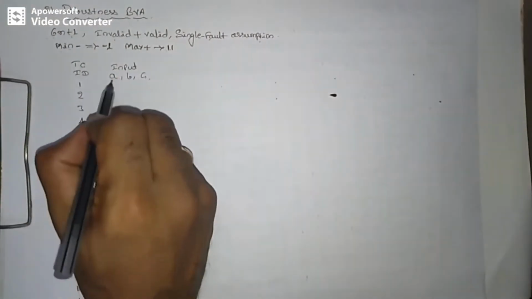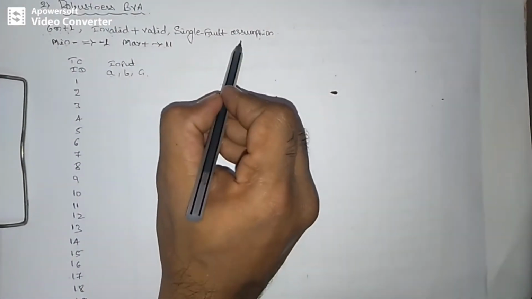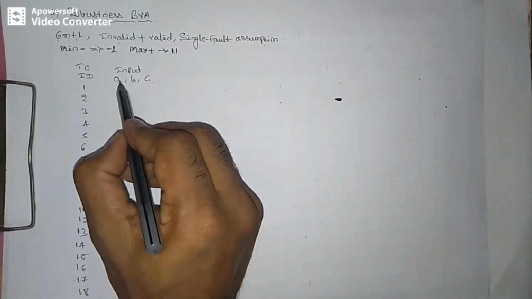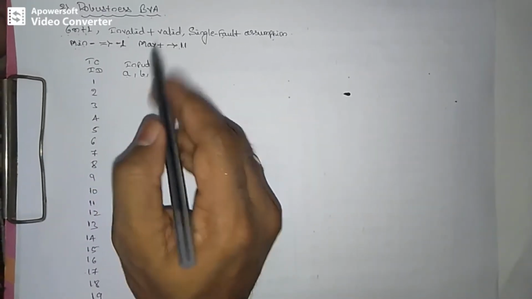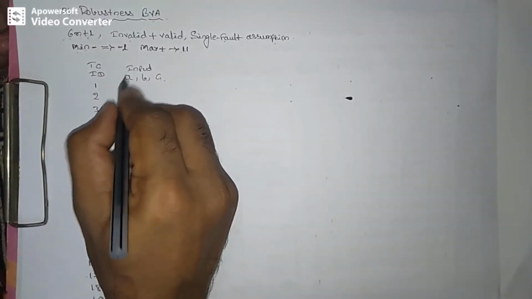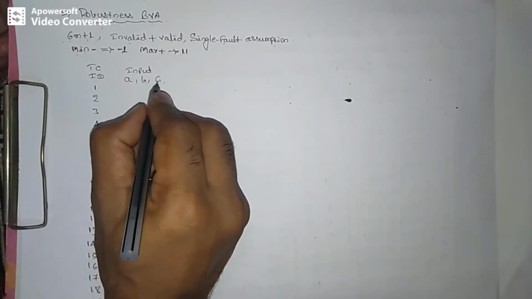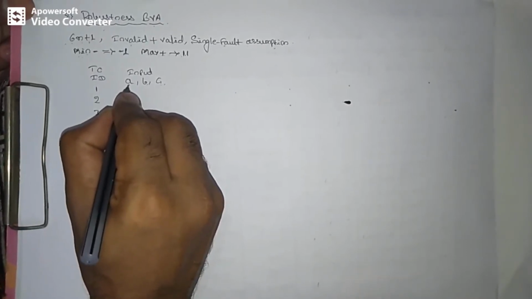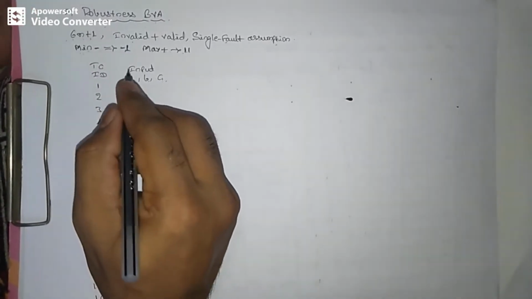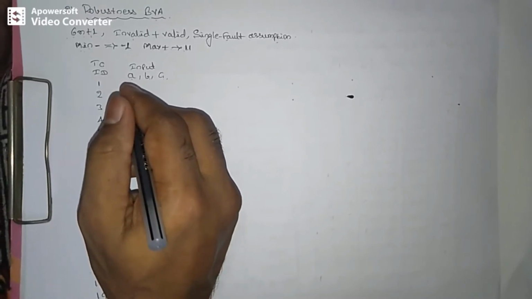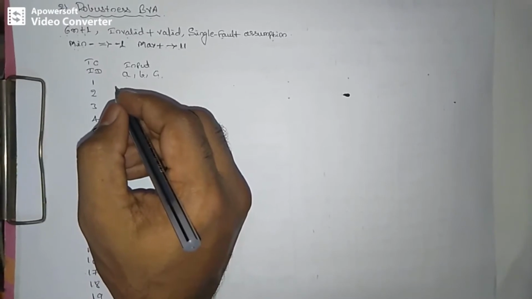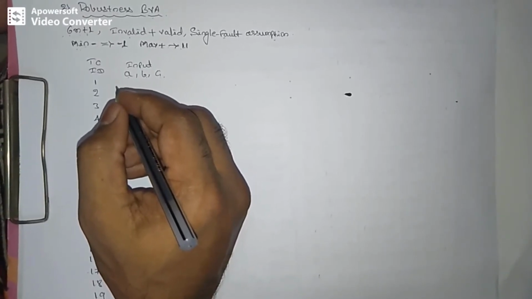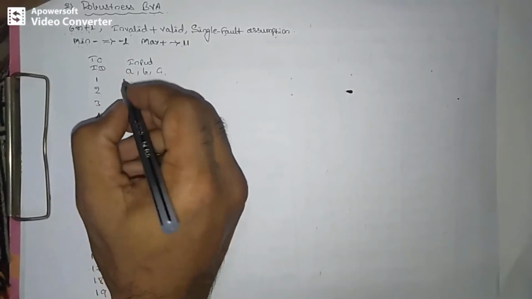Now I will tell how to specify the inputs based on the single fault assumption. One input variable we keep changing with respect to the boundary values, and the other inputs should be nominal. The first term is A. I will change A and keep B and C as nominal for the first iteration. So start with A. You need to specify the input parameter list of A in this order: minimum minus, minimum, minimum plus, nominal, max minus, max and max plus. This is the order in which we need to specify it.